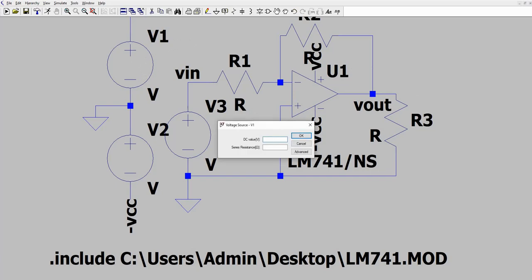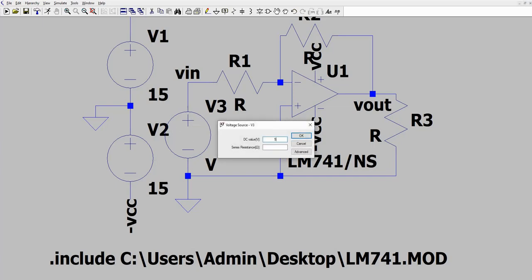So here, just assume 15 volts. Here another 15, so they'll be using positive 15 and negative 15. You'll notice that the polarity is inverted on your negative 15.